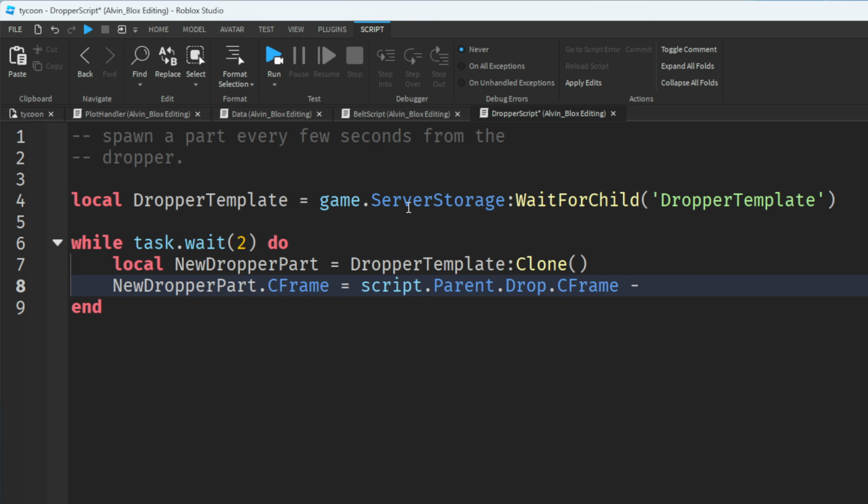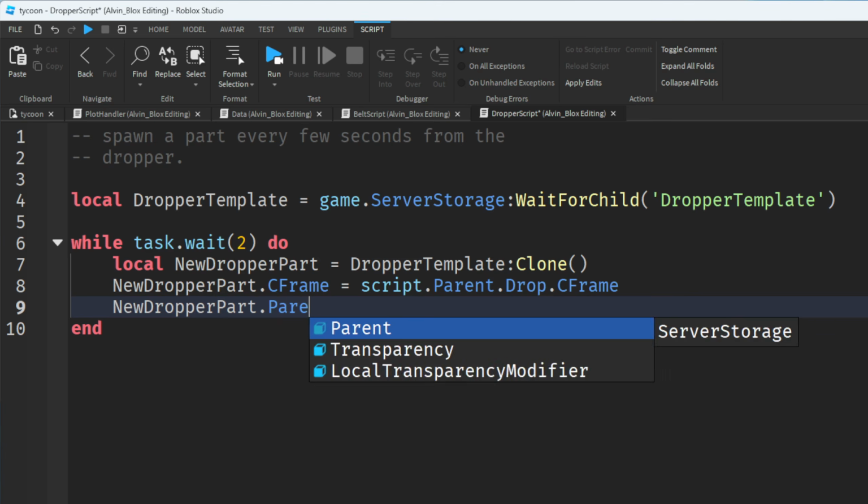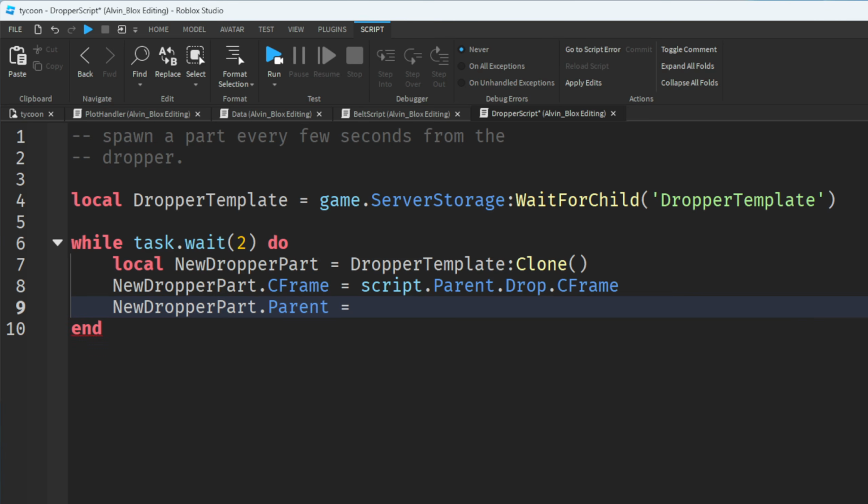And of course, you can play around as well with adding or subtracting vector3 values. So if you wanted to position it slightly below that part, then you could say -5 studs here, or add 5 studs or whatever. But for me, this should work perfectly fine. And then we're going to say new dropper part dot parent equals, where